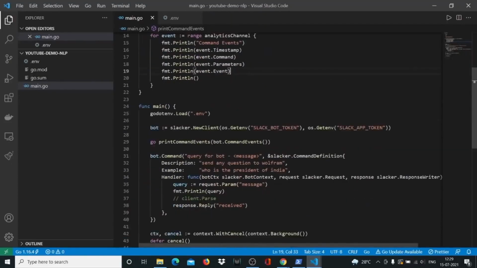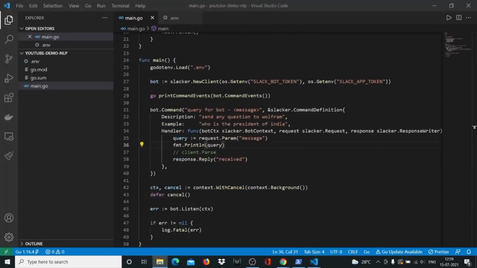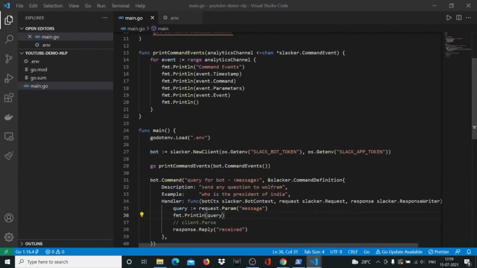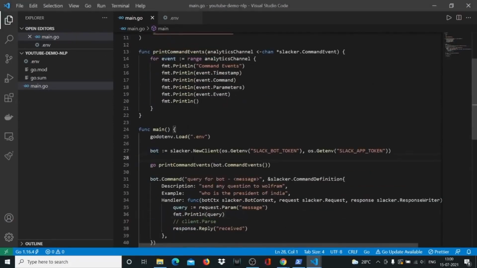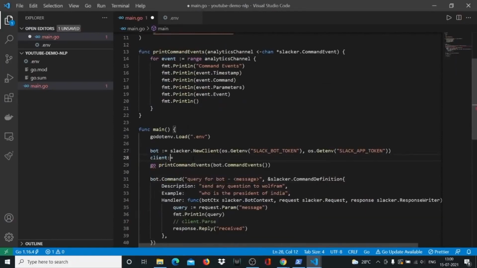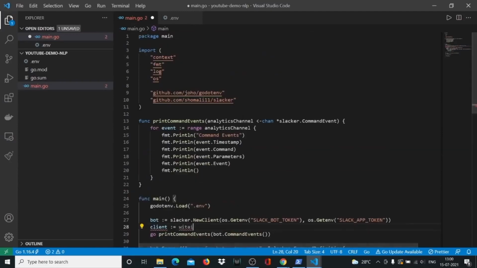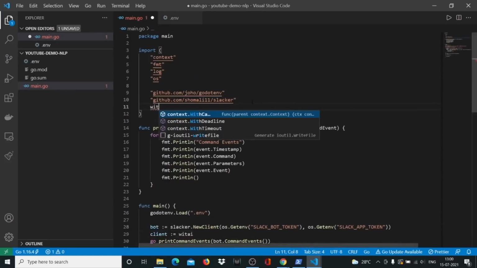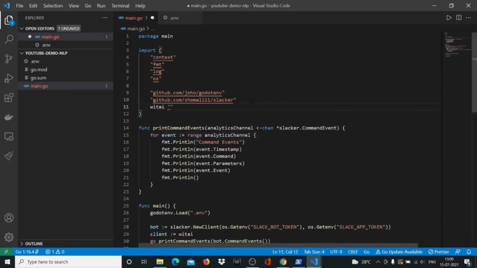This means we can now start writing the code. So now we'll create our Wit AI client. To do that, we need to create a variable called client out here. So let's say client and the walrus operator, and then we'll say Wit AI. We don't have Wit AI in our project, so let's get Wit AI in our project. So we'll say Wit AI, and the package will be